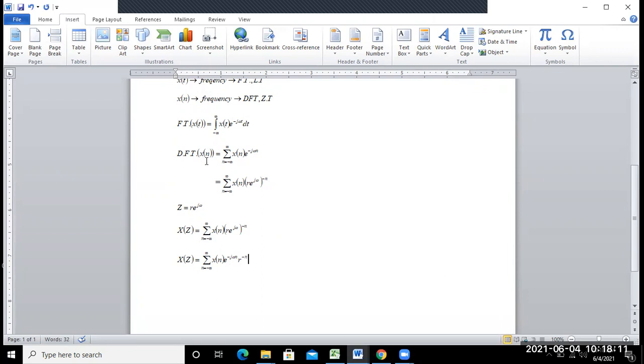Okay, so if in place of xn this signal has another factor, that is r to the power minus n, then the discrete Fourier transform of xn r to the power minus n is nothing but summation of n equal to minus infinity to infinity xn e to the power minus j omega n into r to the power minus n. So just we can write here the z transform of xn,